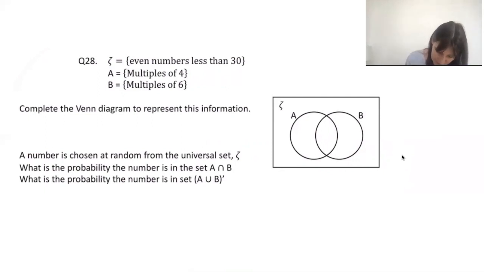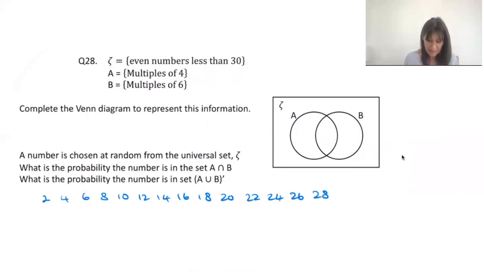So I would literally list them all out, okay? So 2, 4, 6, 8, 10. And it's less than 30, so we don't include 30, okay? It then says that the multiples of 4 are in A and the multiples of 6 are in B. So we've got 4,